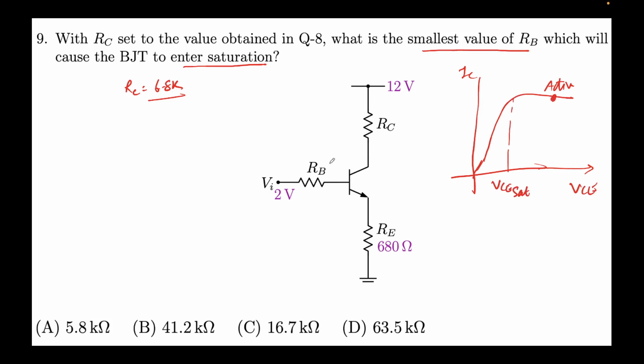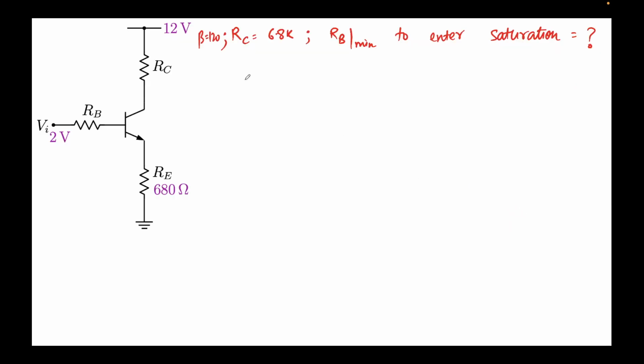But for whatever reason, if we reduce or increase the value of RB, we'll see what happens. This might fall over into this region, which is called the saturation region. So we are required to find when that happens, essentially this point. We are given that this saturation point is 0.2 volts. Initially we saw some of the assumptions, that saturation happens at VCE equal to 0.2 volts. So beta is 120, RC is 6.8K, and we are required to find the minimum value of